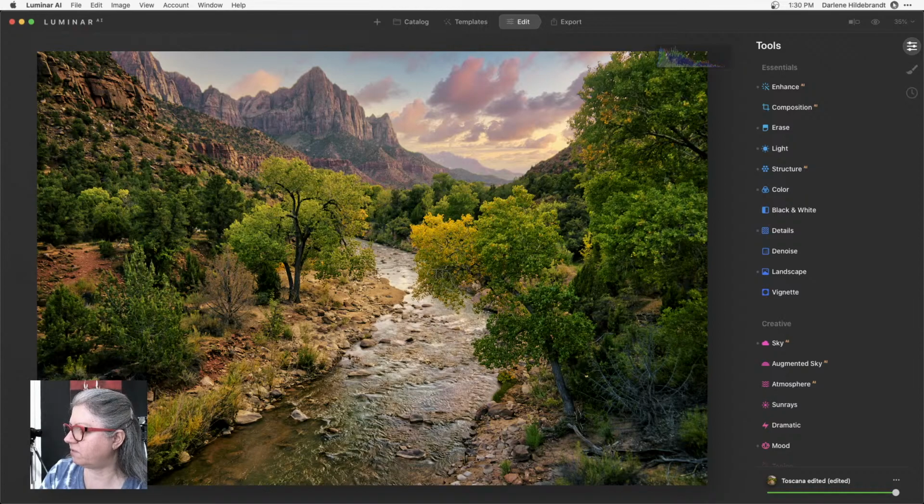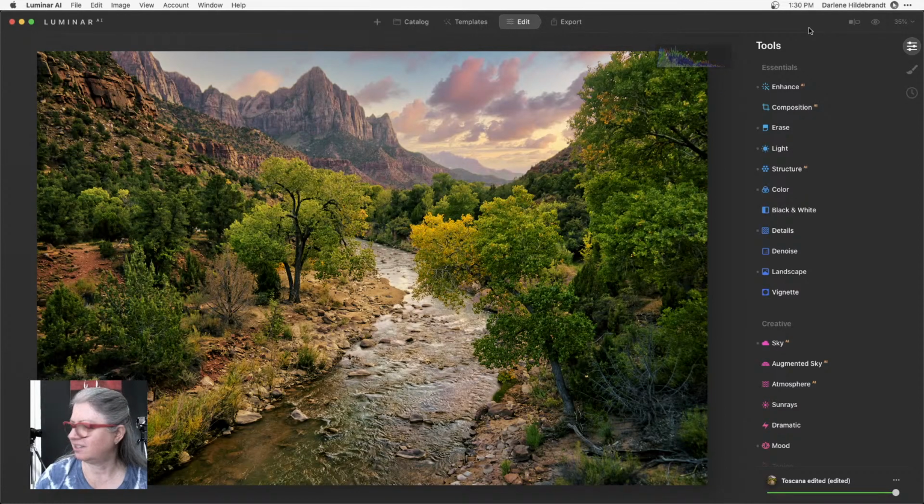Question. Do you have to have Lightroom or Photoshop to use Luminar? No, you don't, Janet. You can use it as a standalone, and that's how I'm using it right now, okay? If I was using it as a plugin, excuse me, I wouldn't actually see this export button right here. I would see a button that says update or save. I can't remember what it says. And then it would save the image and take it back to Lightroom, okay? So I'll do a different one with that example, okay?